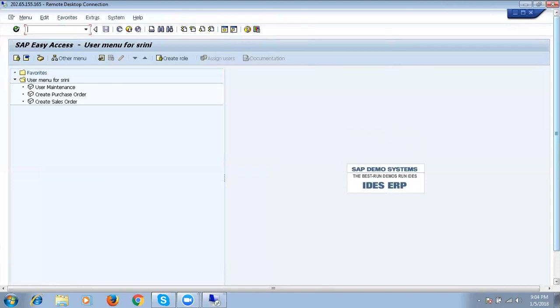Human resource authorizations are used to access employee data, like employee personal data, employee organizational data, employee payroll data, etc. How much salary he is getting, what is his address, what is his position, in which department he is working, what is his basic pay. Such data we can view by using these HR authorizations.